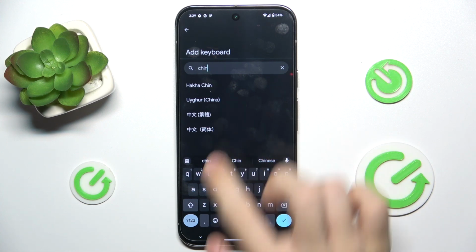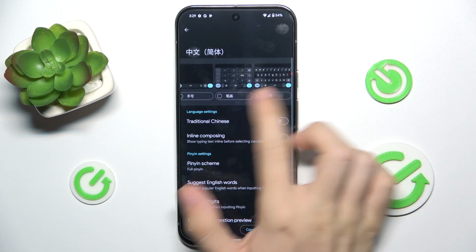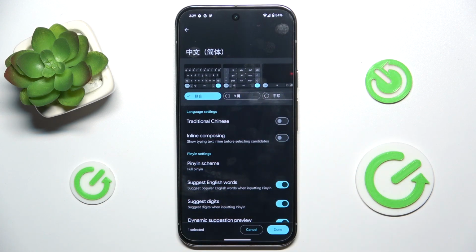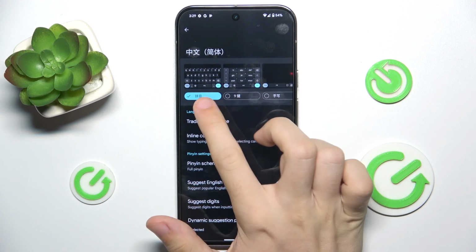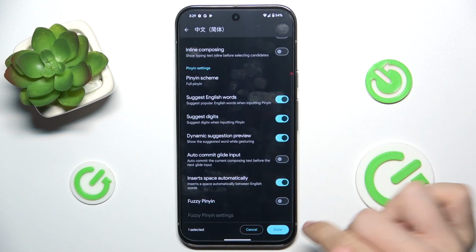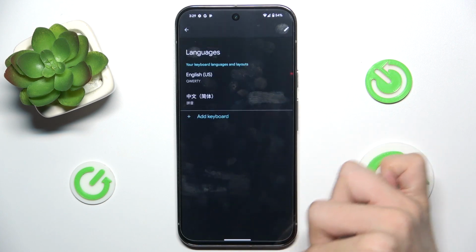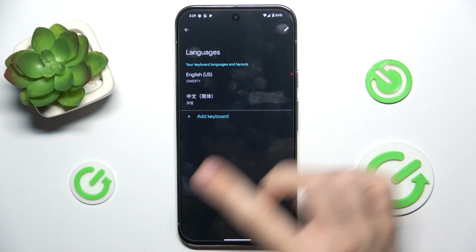For example, Chinese Simplified. And you can choose a layout if the keyboard has multiple layouts. I'm gonna choose the pinyin. Okay. You can also adjust the different settings. Done. And you can